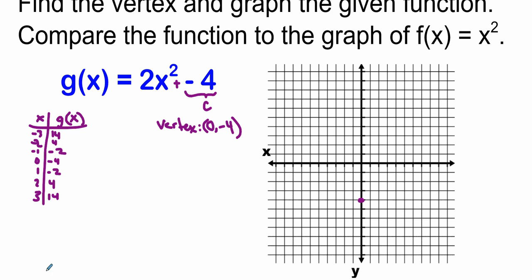Okay, so now I need to graph my points, so I get negative 1, negative 2, positive 1, negative 2, 2, 4, negative 2, 4, and 3, 14 and negative 3, 14 are off my graph. So I'll just graph here, draw my parabola again. Some of you on your homework are just doing this,